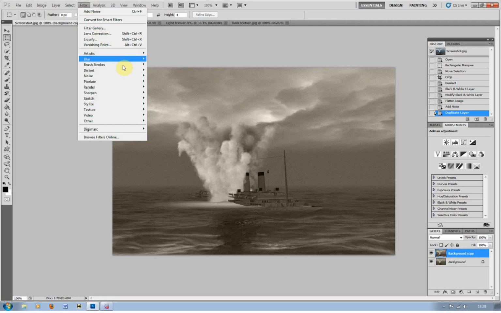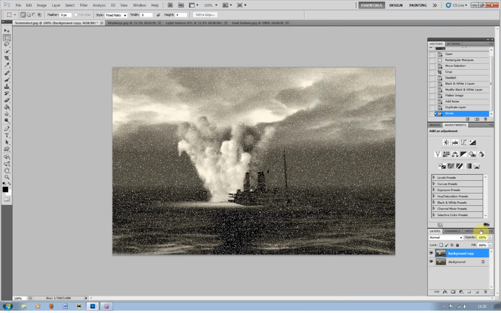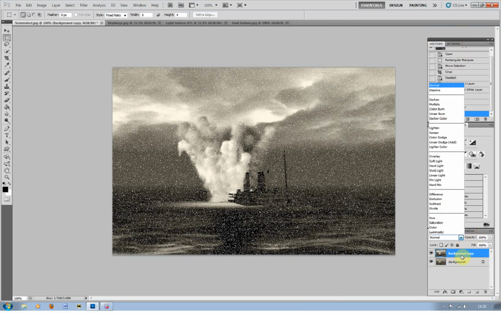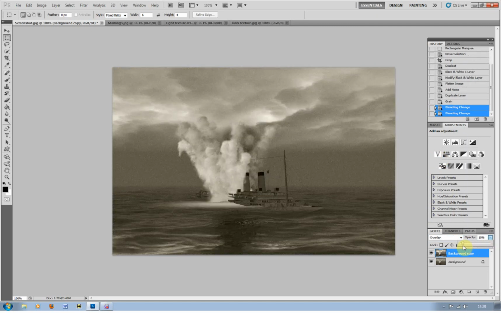and go to filter, texture and grain. Again, because it's quite a small file, use the setting. Just have a bit of a mess around to get something that you like. Click OK, and then we need to change this